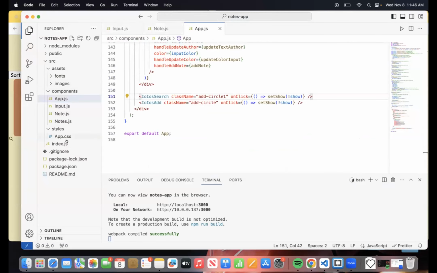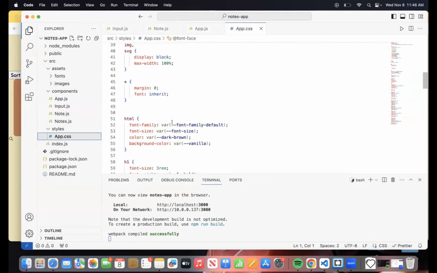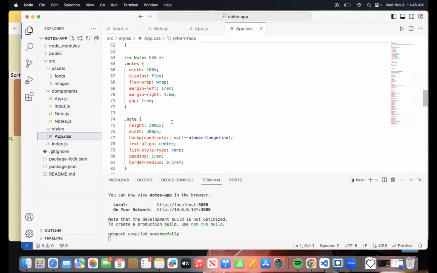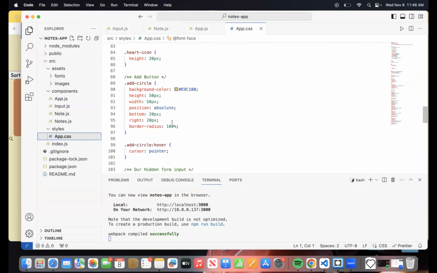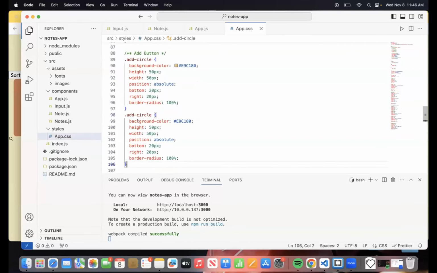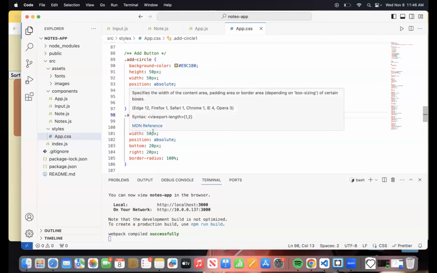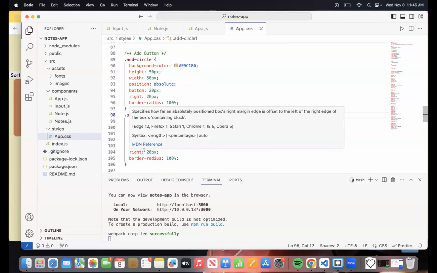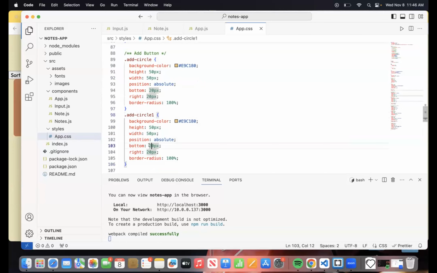And I'm gonna go to app.css, find add circle. Okay, I have it here. So I'm just gonna copy, paste 1. And what I have to do is I'm gonna have to change these over here, the bottom dimensions.